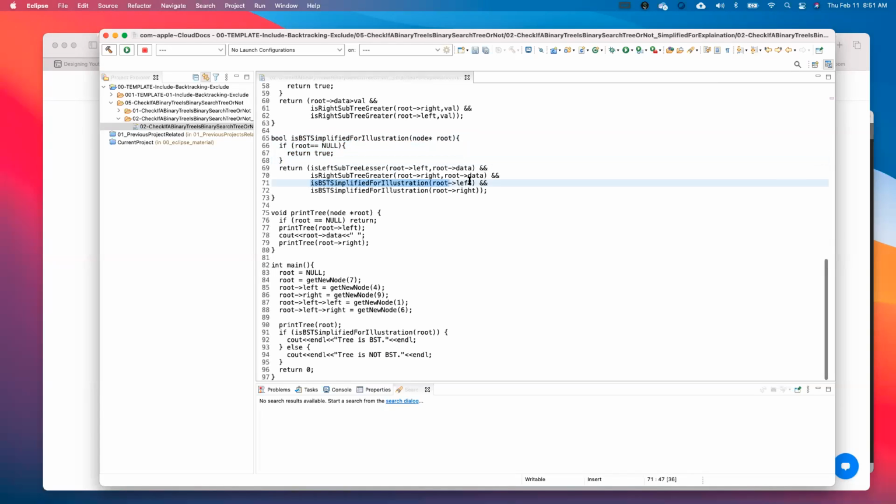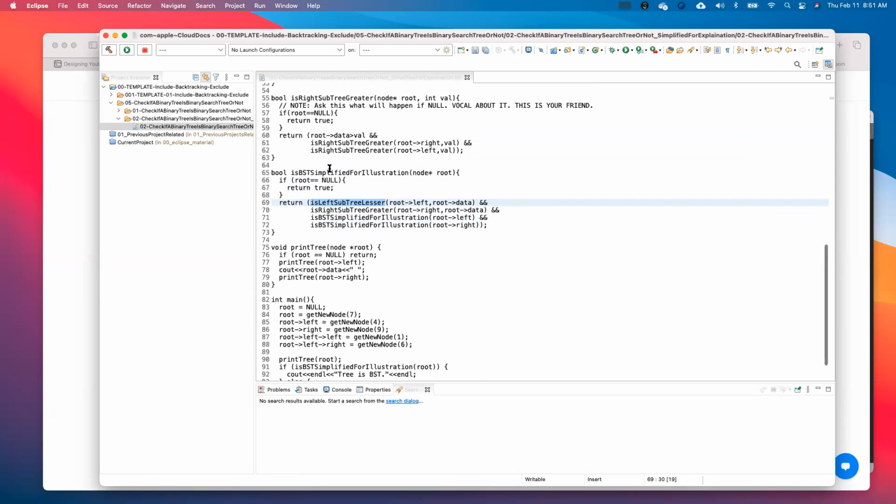These are the two conditions which tell that left and right have to be following the same property. So we cover this one. And after that, there are two auxiliary functions, such as isLeftSubtreeLesser, where we will check the root value with the entire subtree.